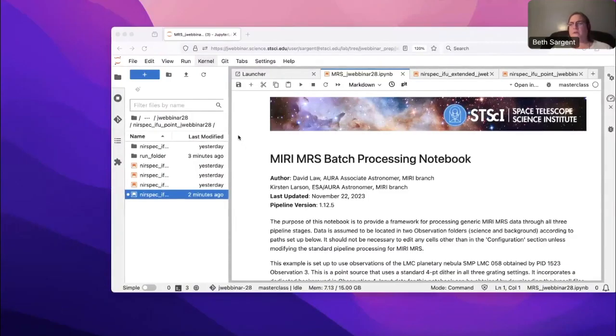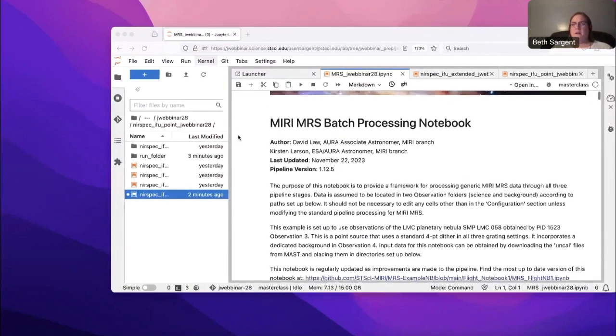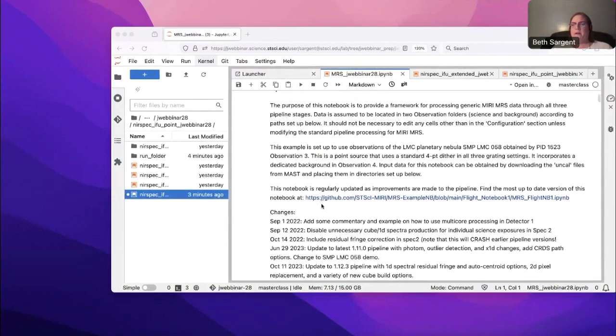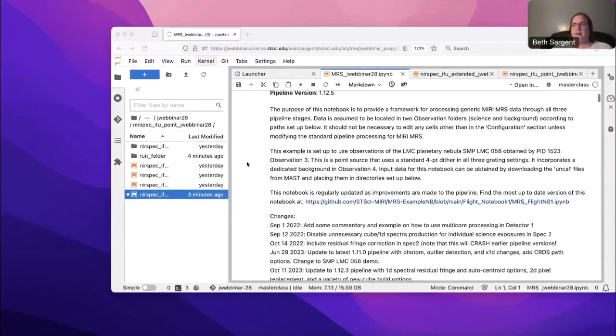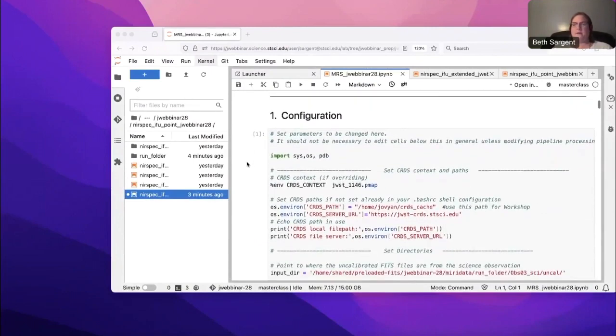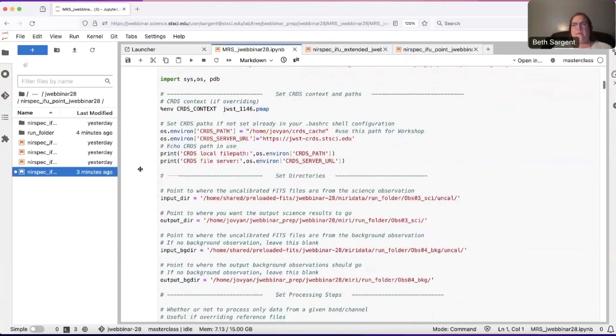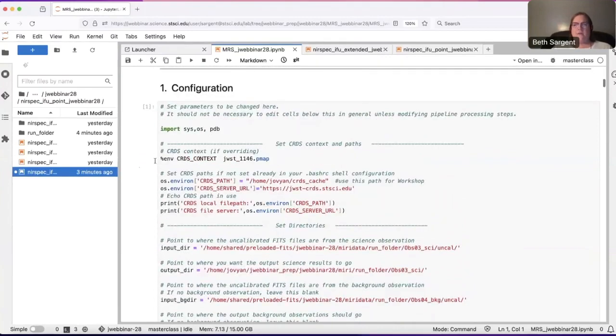That's mrs_jwebinar28.ipynb. And just the introductory bit of the notebook is where you find the GitHub link and just some descriptive background information. Okay, so this is the first cell where there's some importing happening,